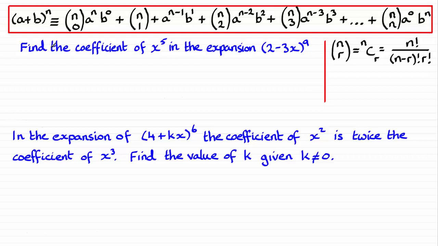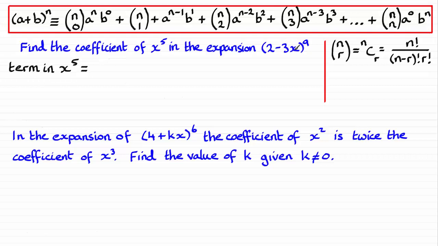So in this first question then, find the coefficient of x to the 5 in the expansion of (2 minus 3x) all to the power 9. Well, when we're working out a coefficient, I find it's easier to just work with the term first of all. So we're looking at the term in x to the 5. I'm seeing that this will be equivalent to (minus 3x) all to the power 5 when b is raised to